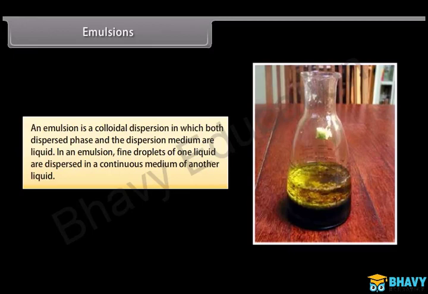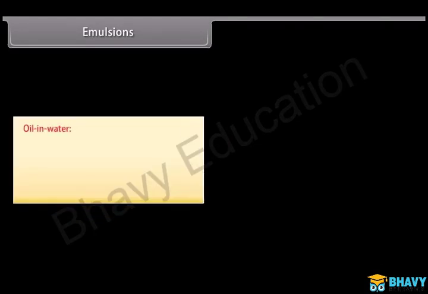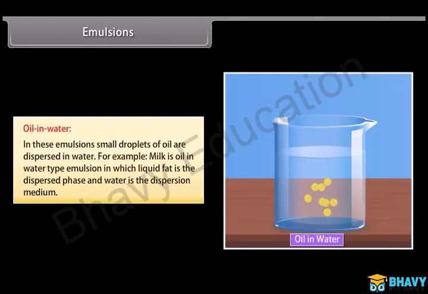Emulsions are of 2 types: oil in water and water in oil. Oil in water. In these emulsions, some droplets of oil are dispersed in water. For example, milk is oil in water type of emulsion in which liquid fat is the dispersed phase and water